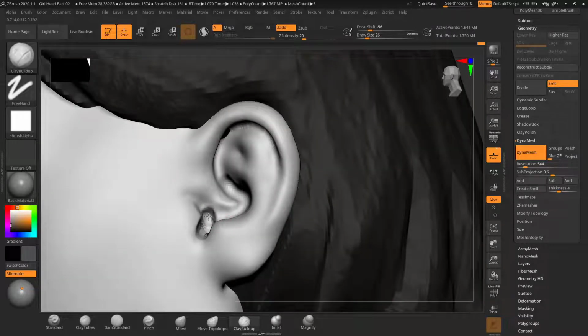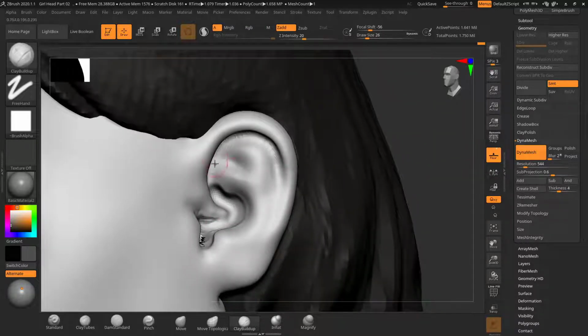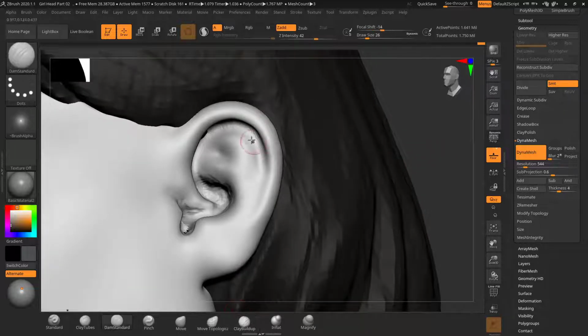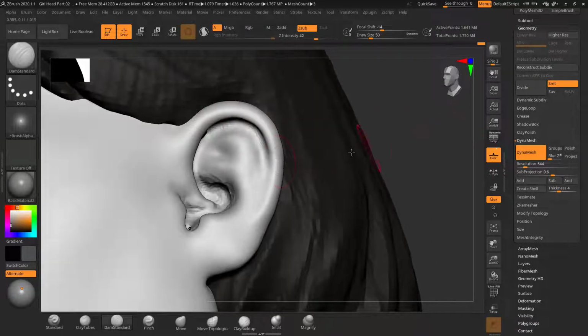The ear hole needs to be somewhere here, and roughly sculpting the ear. Okay, so let's use my damp standard to refine this area a little bit. Using damp standard, refine this line, and here